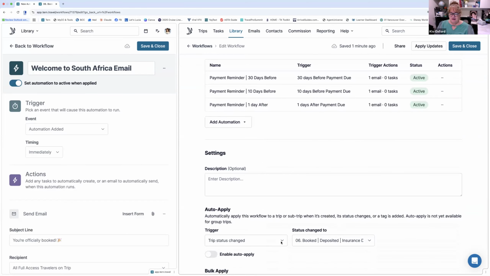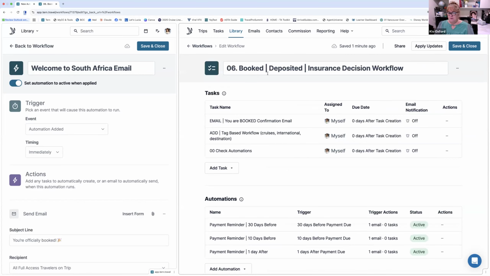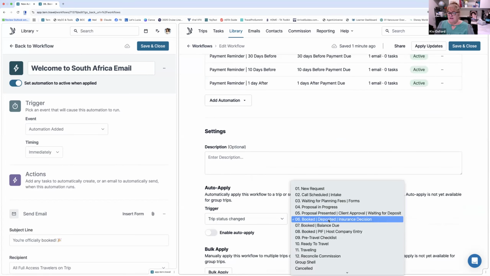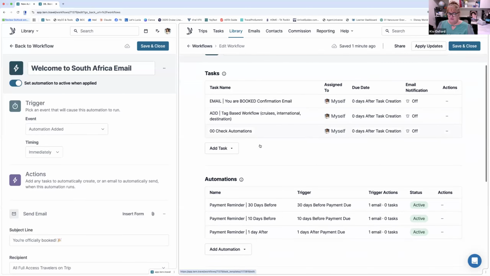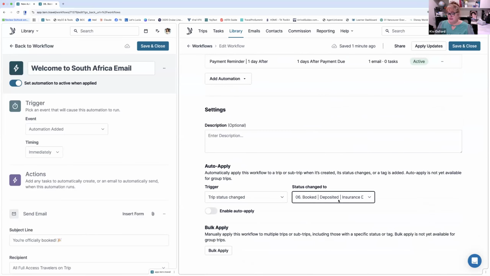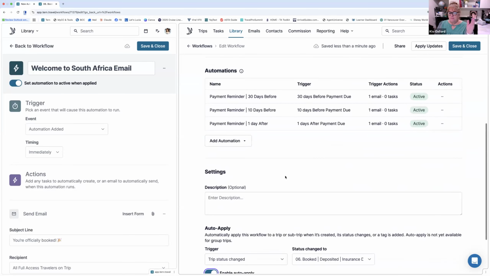You need to come down, and you can remember the ones that I have that are trip status changed. You click on the little drop down, there's a trip status changed. Then it's like, okay, this is my booked deposited one. So as soon as I change the trip status to that, it is going to trigger this workflow. Basically this name and this status are going to be the same. Then you click on enable workflow. And now when I move a